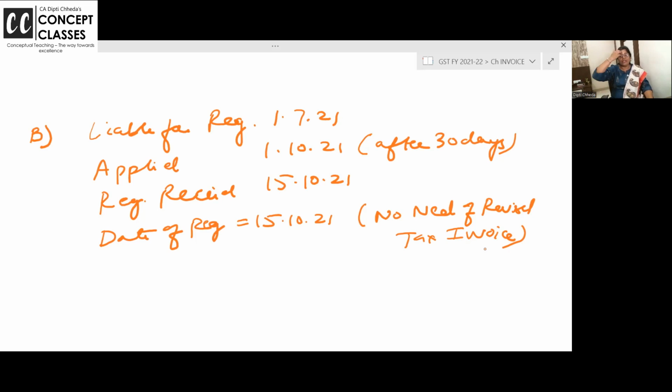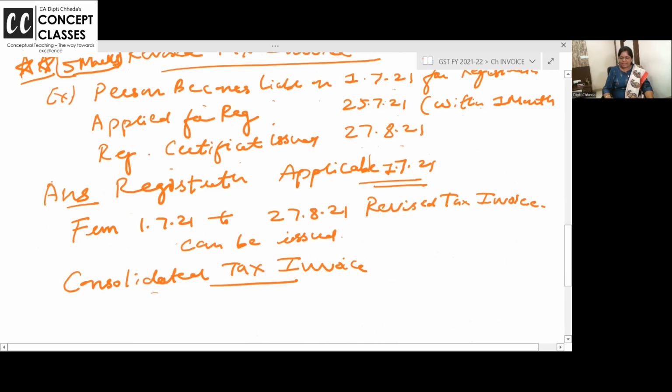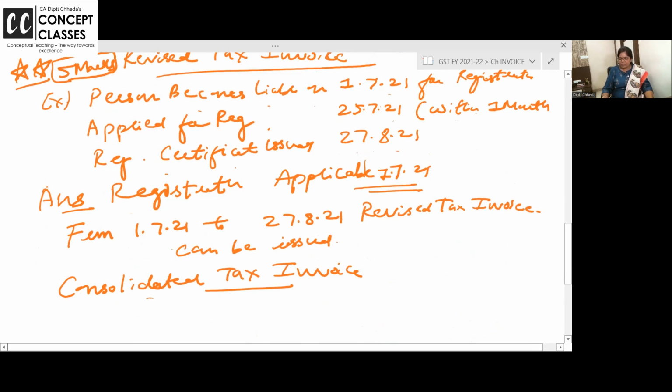Because in that chain, if I am selling to you, sir, and I have no tax invoice, I haven't got registration yet. Rahim is saying buy from me, I will give a tax invoice, so you will obviously buy from Rahim. If Rahim issues you a tax invoice, you will be able to claim ITC. So people won't go for the second case. And anyhow, no revised tax invoice. Yeah, here tax invoice. Now in consolidation there are 2-3 concepts, I will explain.